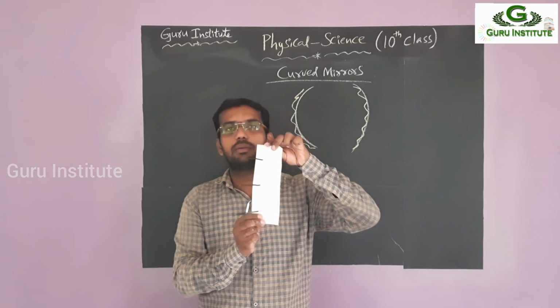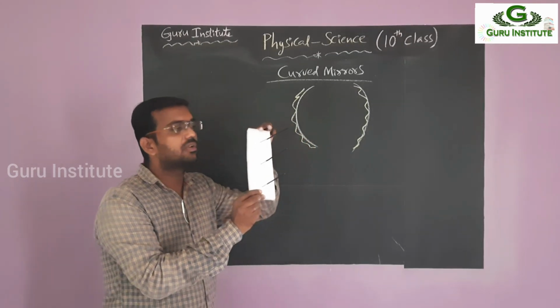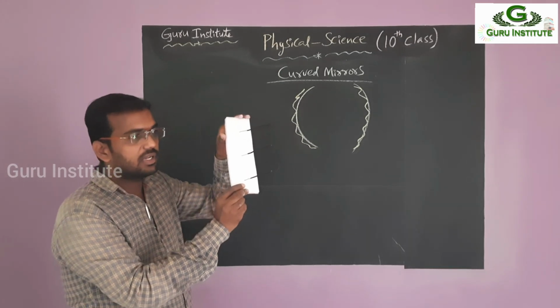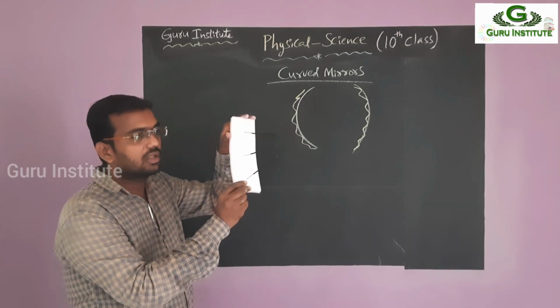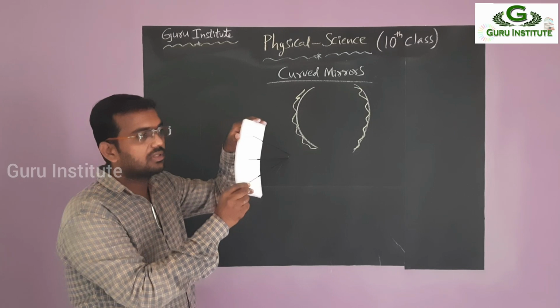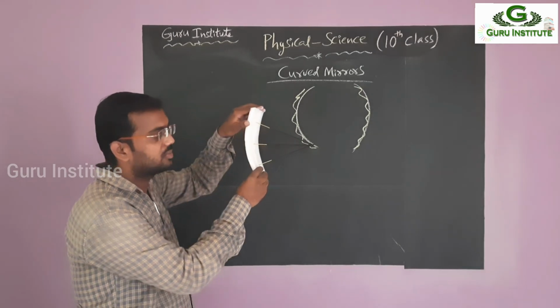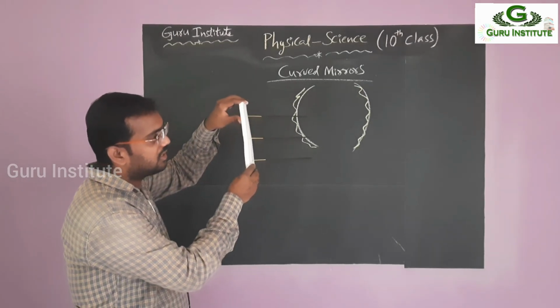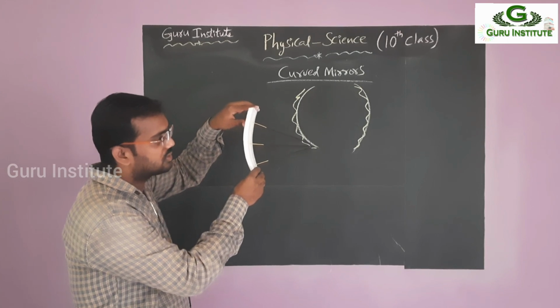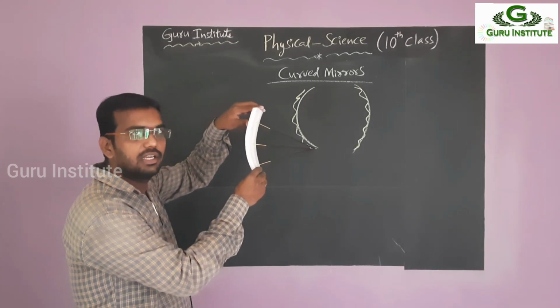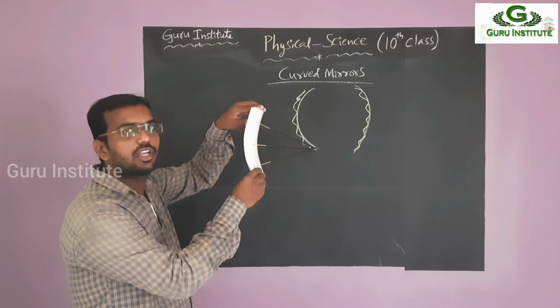Suppose it is curved inwards. What happened? That is a concave mirror like this. These three meet at one point, or not? Just observe this. This is the plane. Whenever we bend it towards this side, these three meet here, right? So this is a concave mirror.